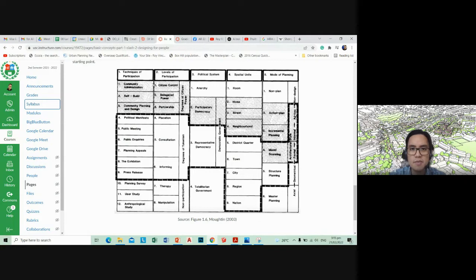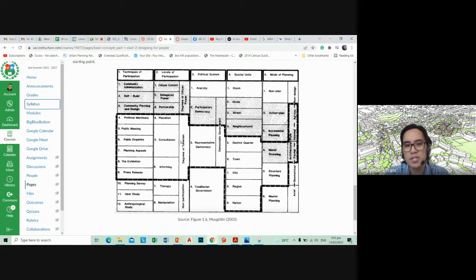And it seems like what this table is trying to say is that more citizen control would probably lead to anarchy and very small spatial planning or non-plan. Meanwhile, a more controlled level of participation, maybe the best one here would be partnership, community planning,